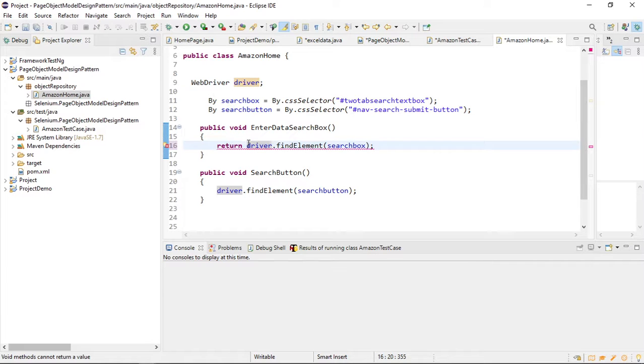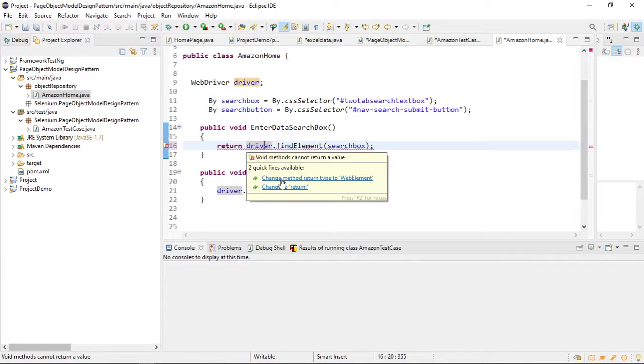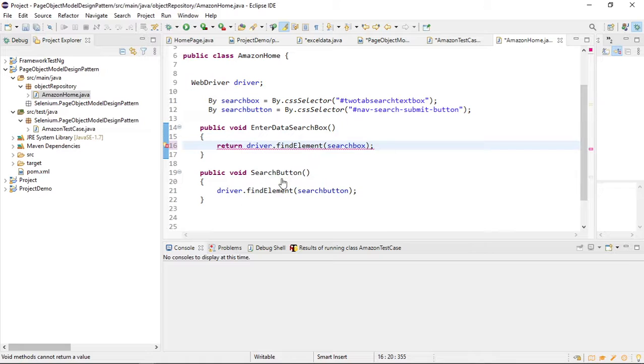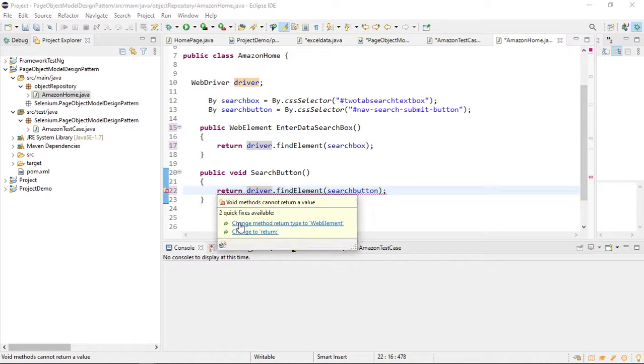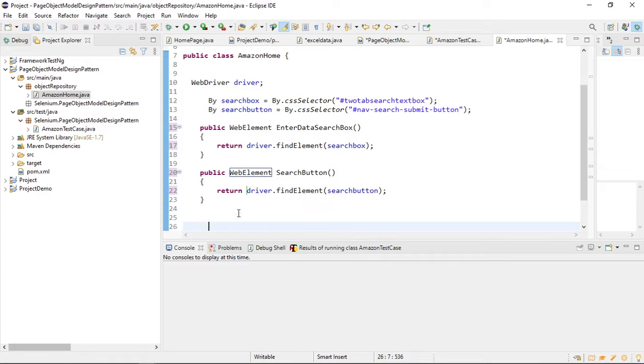So change the return type. It is saying change the return type to web element. Why is it saying that? Because this whole thing is again a web element, right? So again, let me change it here as well. If I say return this one. Now, if you see this,